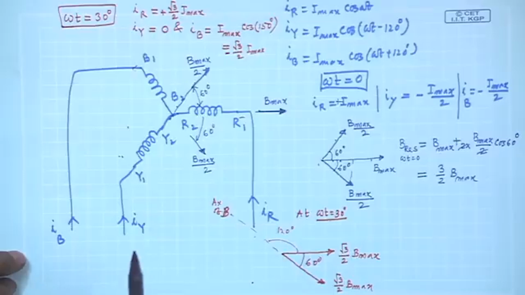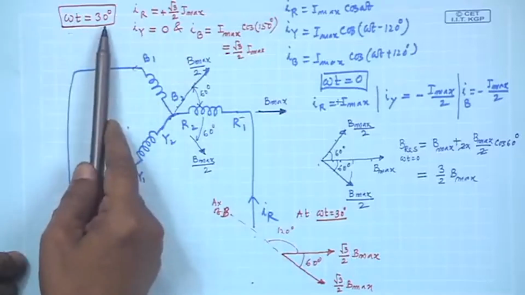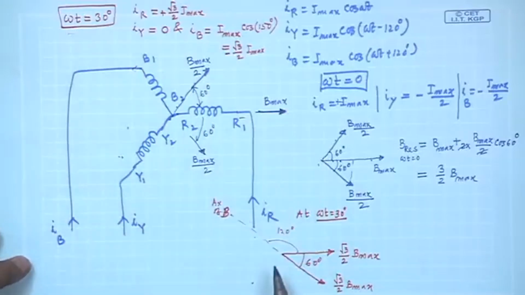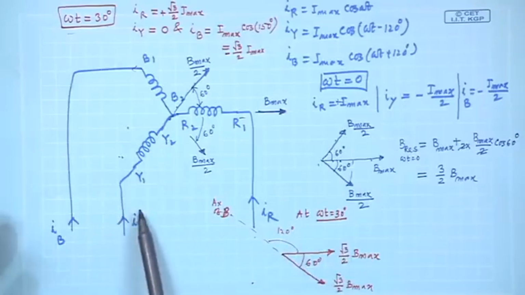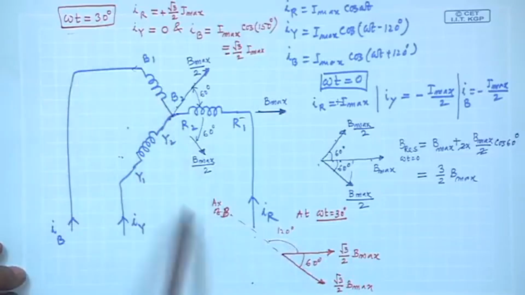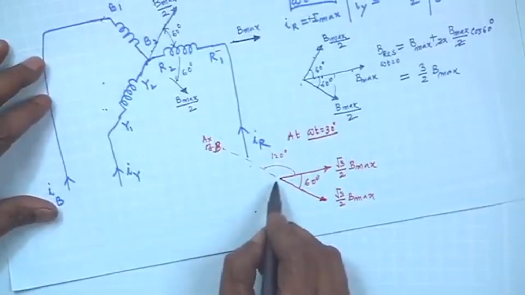Welcome. So, we were trying to find out the resultant field when time is such that omega t equal to 30 degree. All angles are electrical, okay, fine. So I found out the R phase field, Y phase field is not there. So, axis of B is 120 degree apart and it is carrying negative current, therefore, the field will be like this. So, the resultant field will then lie here